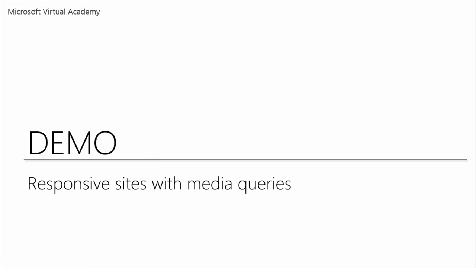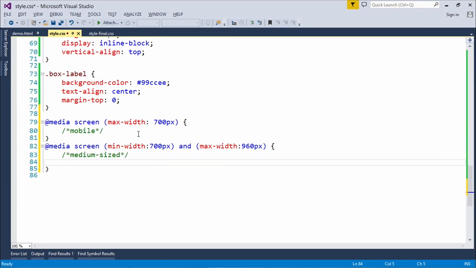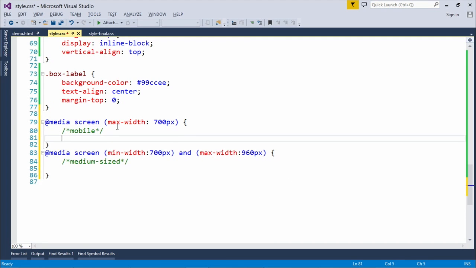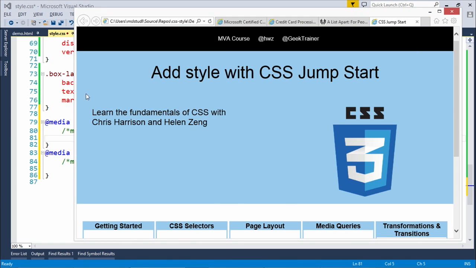Yep. So with that in mind, let's actually go through and add in some of these things to our media queries. Over here, let's start by doing our smallest screen, the mobile/phone size. When it gets to be 700 pixels, and let me actually open this up so we can see,